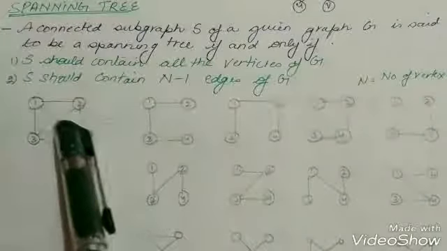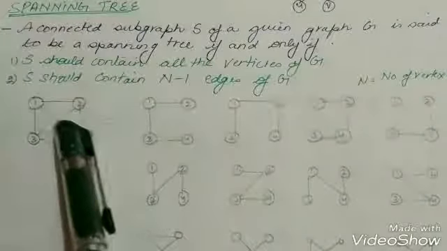Fine. So the previous example again I am taking here. I have made so many spanning trees over here for this example. But if we just want to calculate how many different spanning trees can be made, for that we will first take the number of nodes, 1 2 3 4. Number of nodes equals 4, and by using Cayley's theorem, n raised to power n-2, here n is 4, 4 raised to power 4 minus 2, we get 4 raised to power 2, which is equal to 16. So the answer is we get 16 spanning trees for this graph.